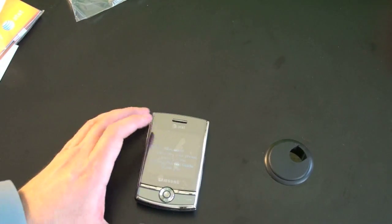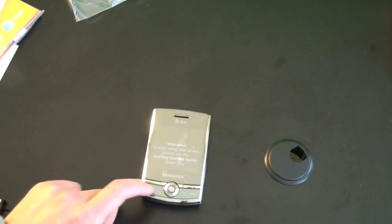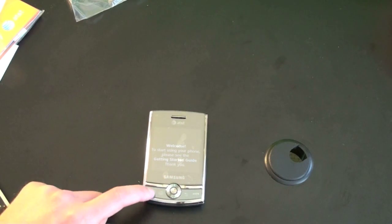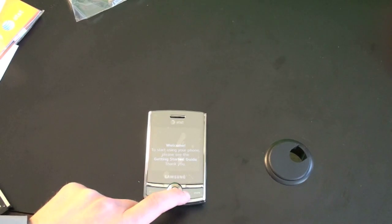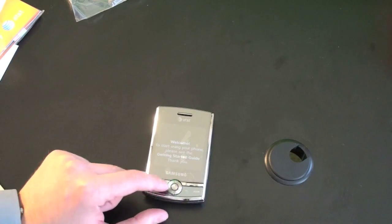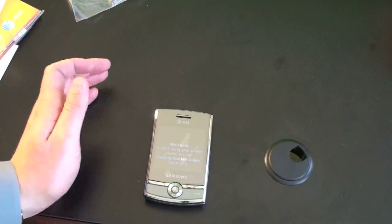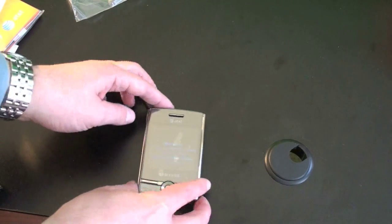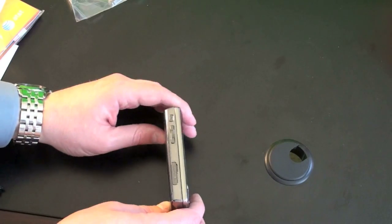So here's your 320 by 320 display. You've got 2 soft keys right there. You've got a send key. You've got a home button, which I'm assuming all these light up. You've got a back button and an end key. You've got a select button in the middle, and you've got a 4-way navigation around it, so 5-way navigation in total. On the left side of the device, we have a volume up and down, a power,